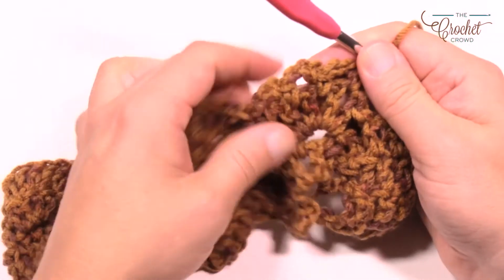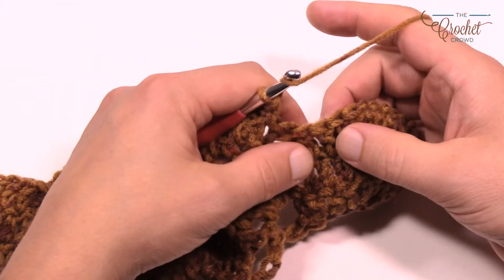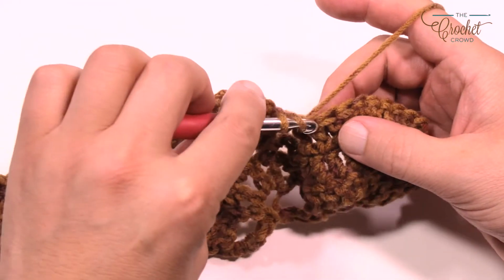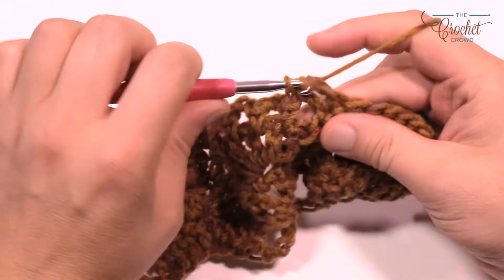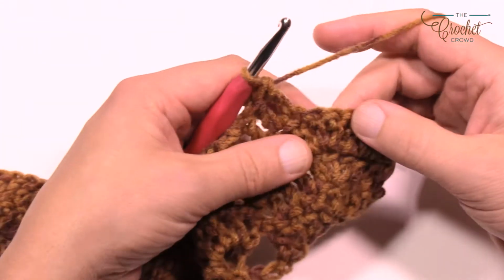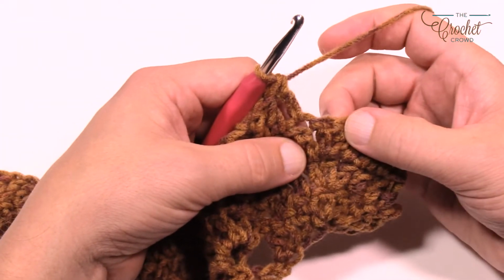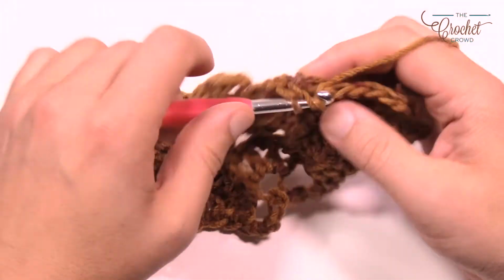Okay, so now you can see you've just got your 3 sections in, and now just leaning over, skip the first one going up the hill and go to the second one over, and there's 3 in the row going up the hill, and then the next one is the top of the hill, so it's the middle one of the group of 3. So you put in 3 there to make sure you keep that hill going,